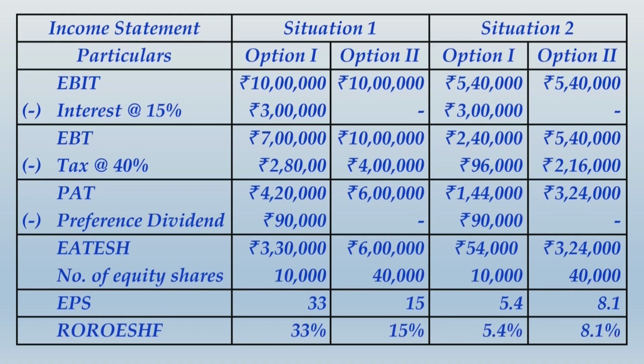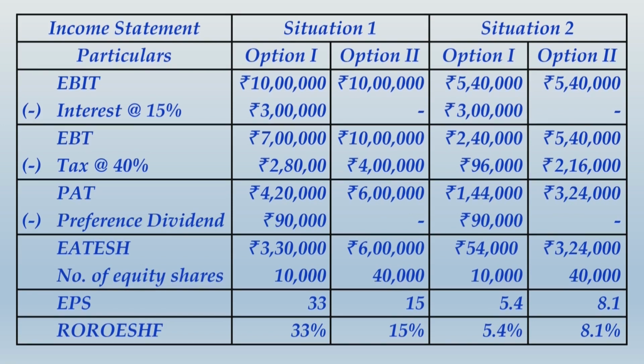If you could see one thing, the issue price of the share was 100 in all cases. That is why the figures you are finding in terms of EPS and the rate of return on equity shareholders' funds in terms of percentage are matching values, because both have a common base of 100. However, in all cases it may not happen this way. We have seen that sometimes among different financing options the issue price of share can be different. That time the outcome of EPS and the outcome of rate of return on equity shareholders' funds may also get a little different.